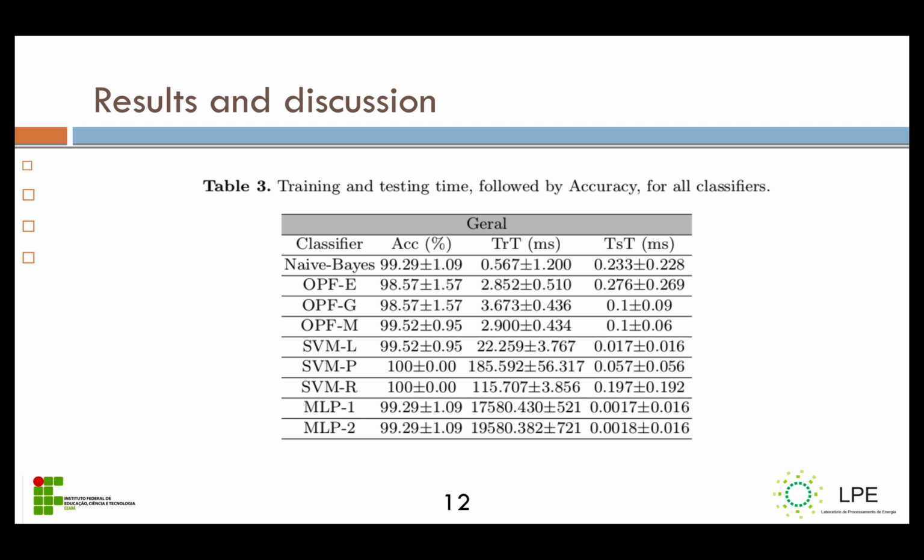The OPF-E/G and M had much faster training than MLP and SVM, due to their graph reorganizing theory and fast distance computing, compared to backpropagation, i.e. MLP, and inverse kernel matrix, i.e. SVM. But the fastest method among those was naive Bayes, essentially because of its batch learning mode through a simplified covariance matrix. On the other hand, MLP was faster than other methods in testing, because it only requires linear algebra operations as long as it is properly trained.